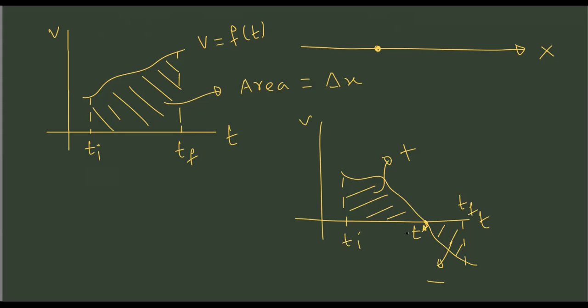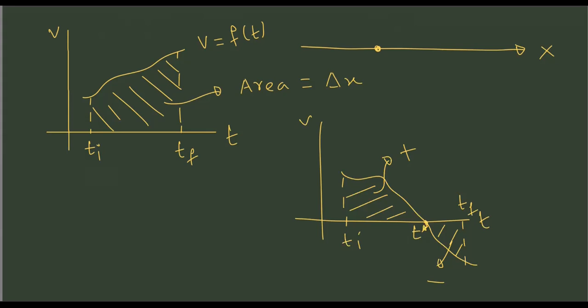So if the particle was moving in a particular direction, let's say towards east, the moment velocity becomes zero and then changes direction, it will start moving towards west. So it is trying to go back to the original position. That is why in a velocity time graph, area above the horizontal line you take as positive, below the horizontal line you take as negative. Is it clear?